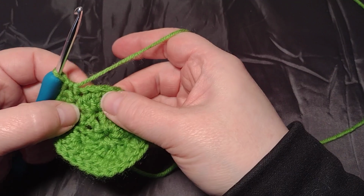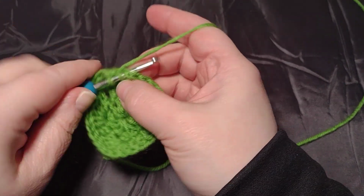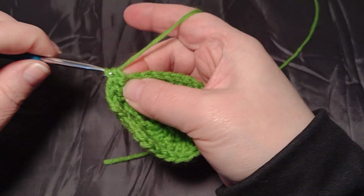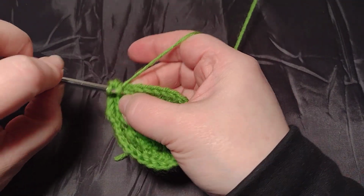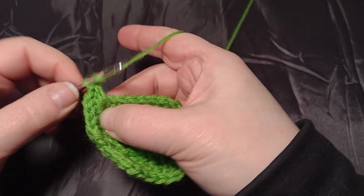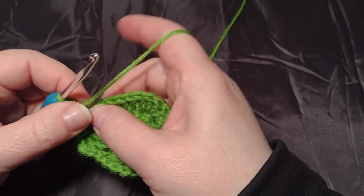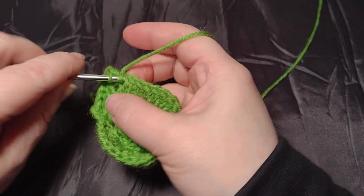So there's 1. Okay, so this should be the middle. 1, 2, there we go. So I want 5 half double crochets in this corner one. It's 2, 3, 4, and 5. And then I'm going to half double crochet to the next corner, which I believe is 6